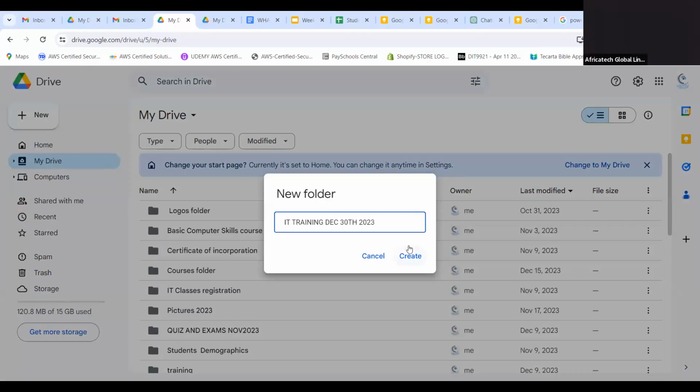Just do that at the same time with me. Capital letter. It's good if you capitalize the letters, but it's not mandatory. Yes, good, right? Press on create. Training.